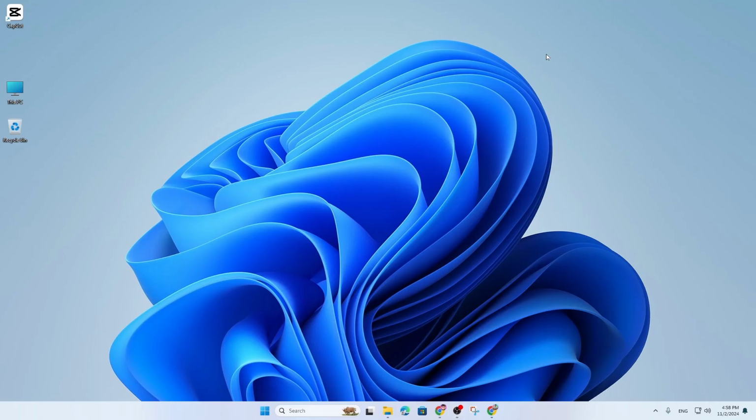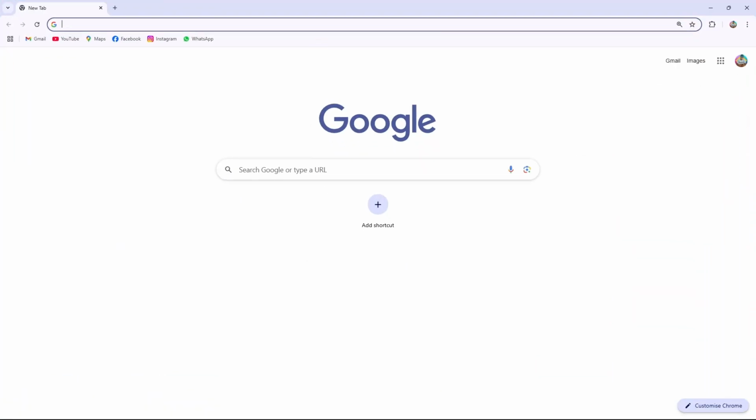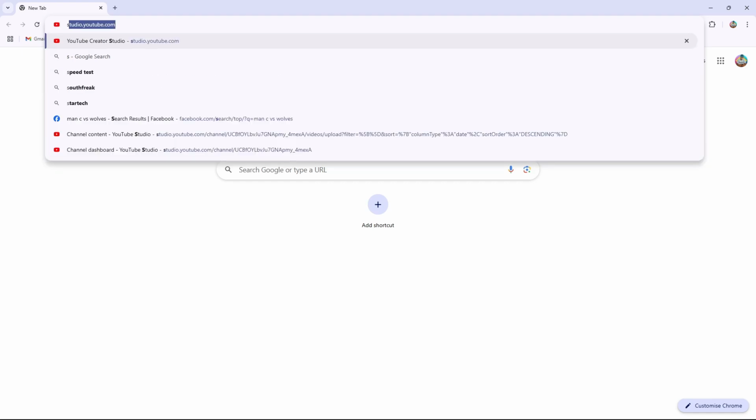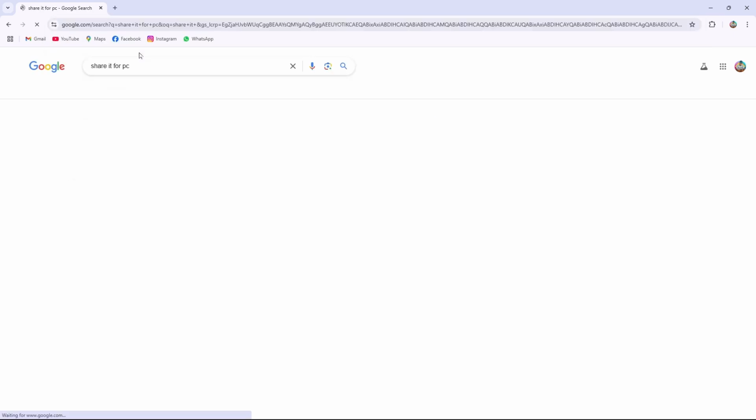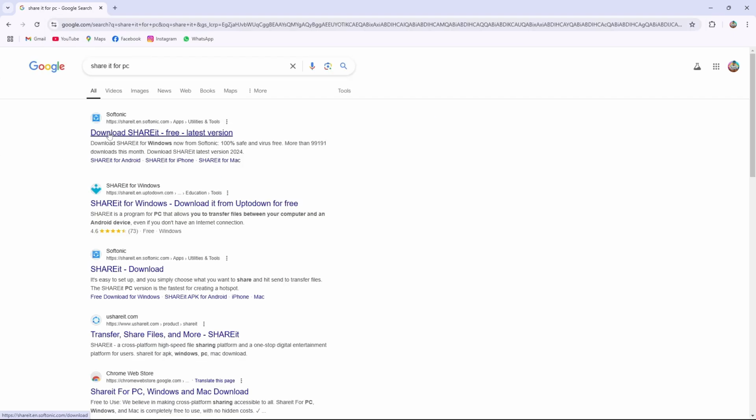Today I'm going to show you how to install SHAREit for your Windows in a very simple way. Simply come over to your Google Chrome browser and then search for SHAREit for PC. You can see here is the option, so if you click on that, then you'll get an option from the